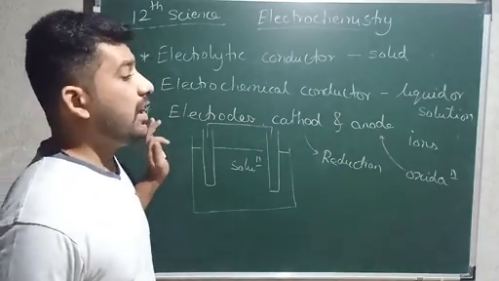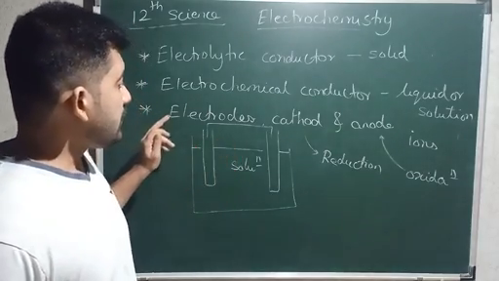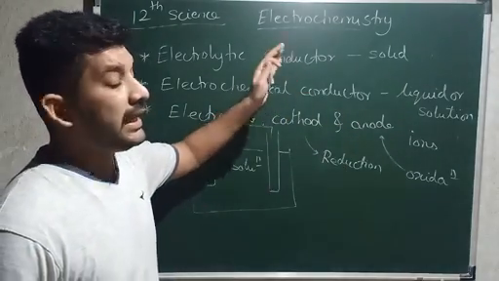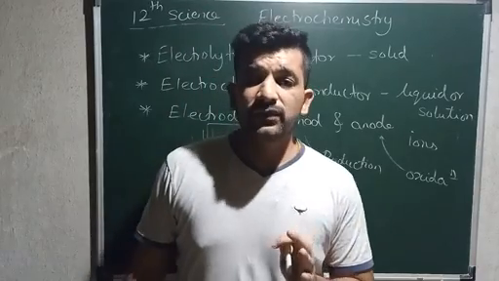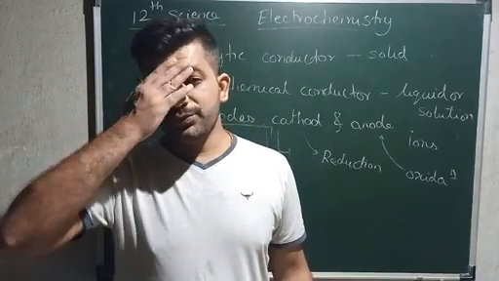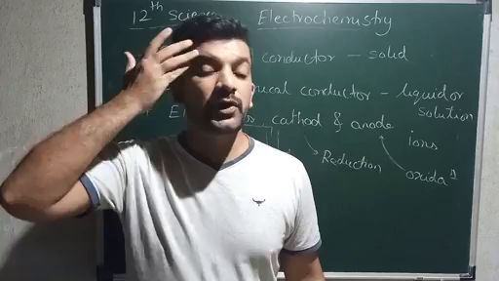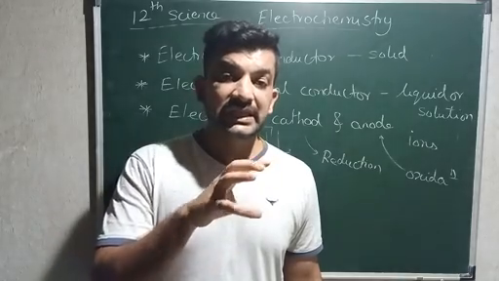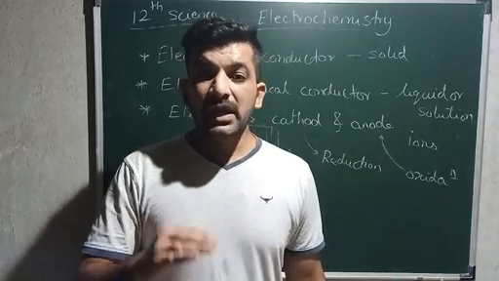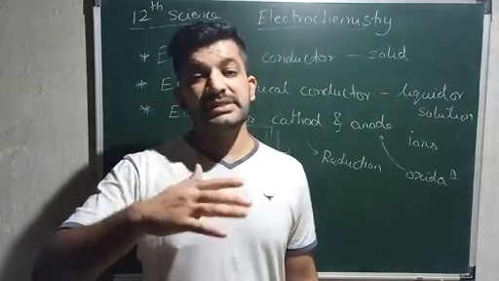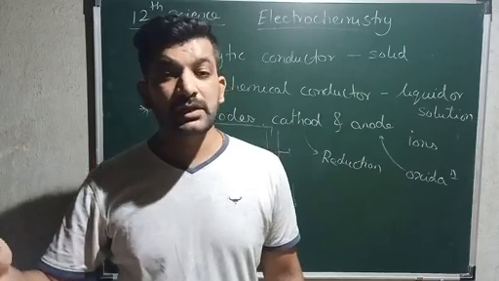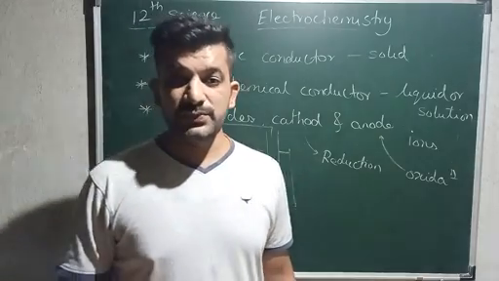Now we are all aware of electrodes, what a cathode is, what an anode is, and the cells. If you go through the textbook, you will understand that I am not following the textbook. What I am doing is first clearing up the basic concepts, and based on those basic concepts we will then move to molar conductivity and other parts which are present in the textbook.